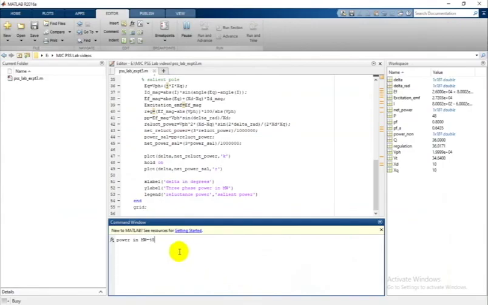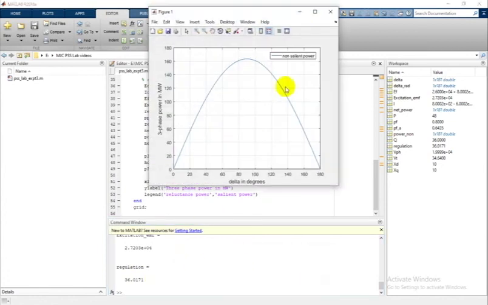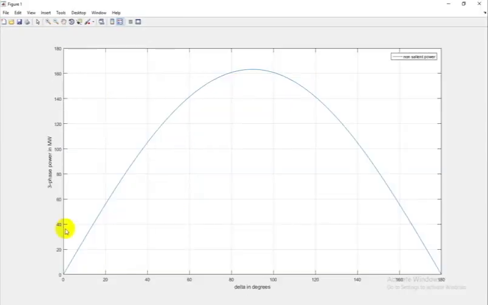Power in megawatts 48, power factor 0.8, type 0.8, and line to line voltage is 34.64, type as it is. So XD value 10 and XQ value also 10, that is for non-salient pole. So the regulation of 36% came, and in a few seconds you will see the power angle curve. See, it is plotted. See here, this is the power angle curve.